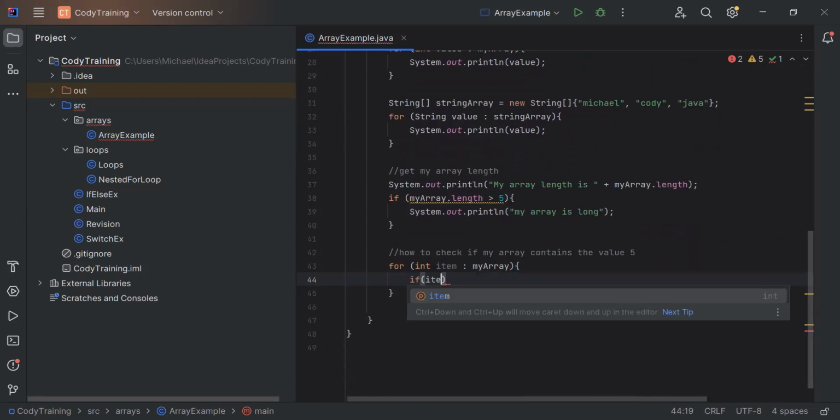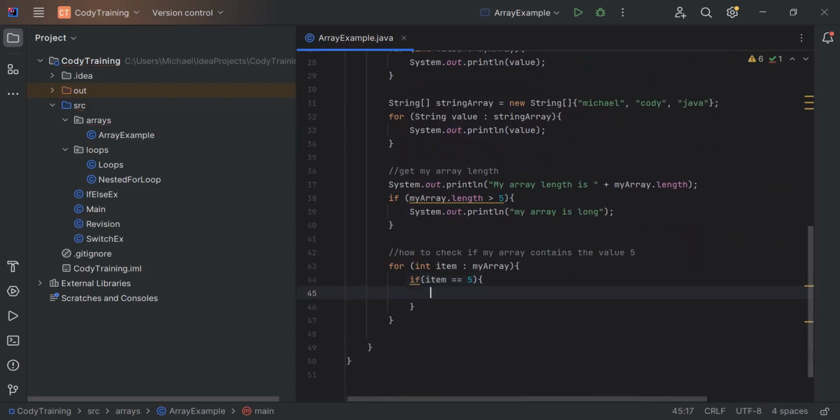Is item equal to 5? If yes, we'll print item equals 5. Else, we'll print